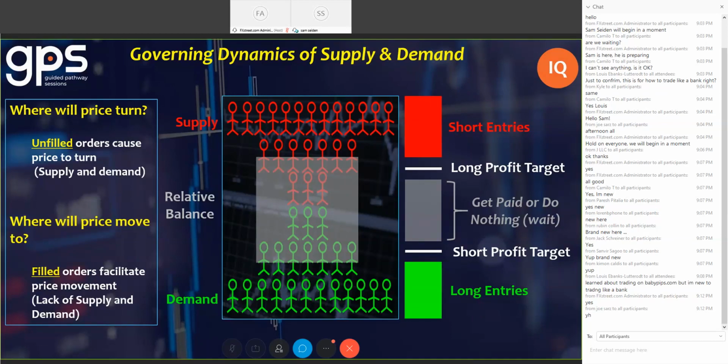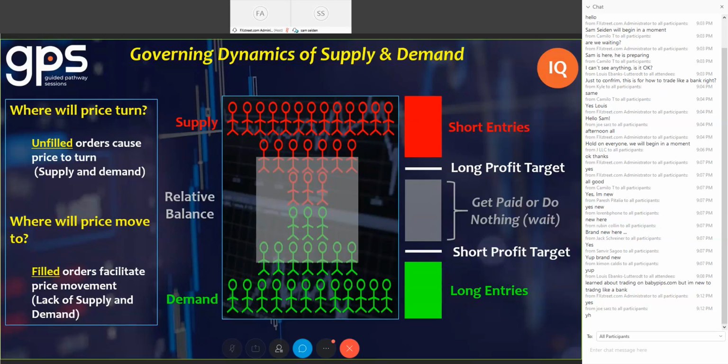You'd have some sellers there, but as soon as the last sell order was filled, you had a lot of demand left over, price would rise, and it will rise every time that equation is like that, right? We all get that? So prices will fall until they reach a level where demand exceeds supply. Then, they'll rally until they reach a price point where supply is equal to or greater than demand. And that's how we define where prices turn. If we all agree with that,